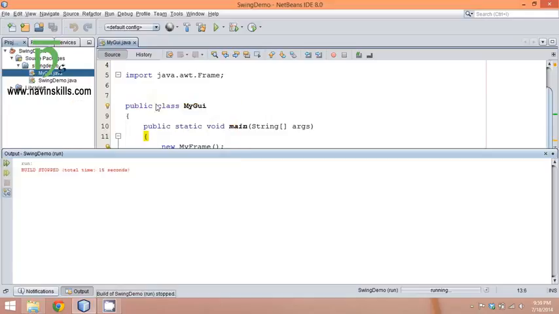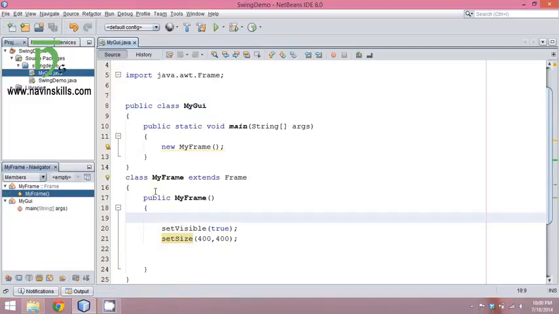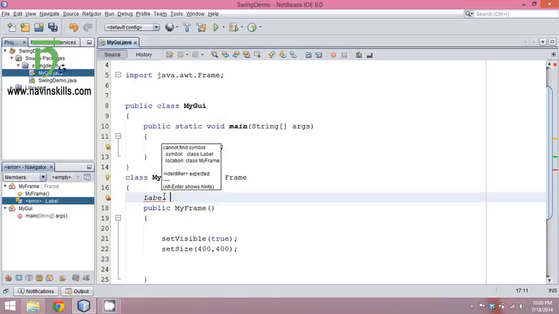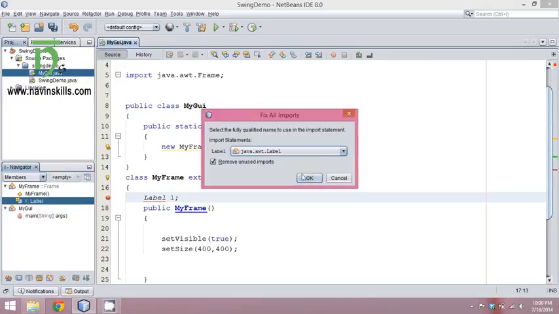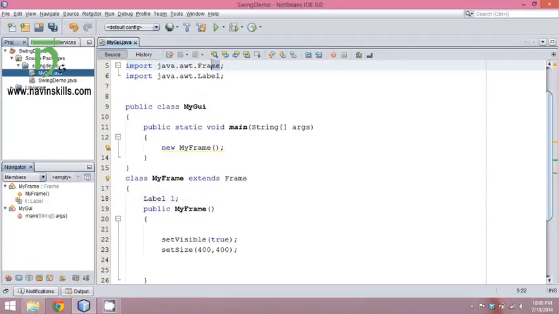So what we can do next is, we can take a label. We have a component called label in AWT. We are talking about AWT, so we'll focus on AWT. Again, to import the package we have to say Control Shift I, and select label. Now we have used two components: one is frame and second is label, and both these components belong to the same package called AWT, and this AWT stands for